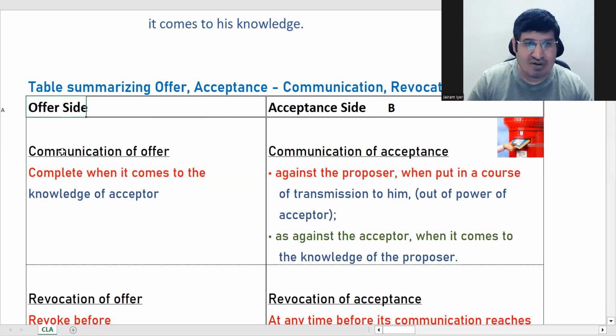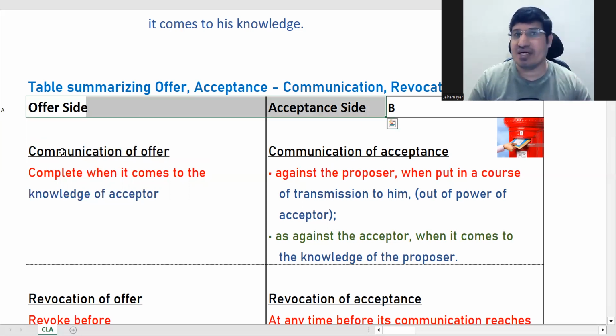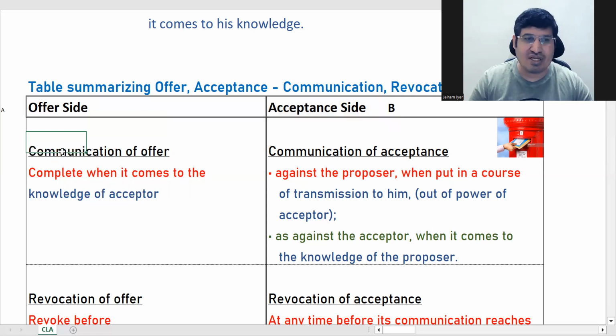So that is why, from the offer side, communication of offer, once he has said it and the other has listened, it will be completed. We'll say that communication of offer is completed. Actually speaking, from both their points of view, it gets completed. The only thing required is that the communication must reach the acceptor. That's all. But now when we come to communication of acceptance,